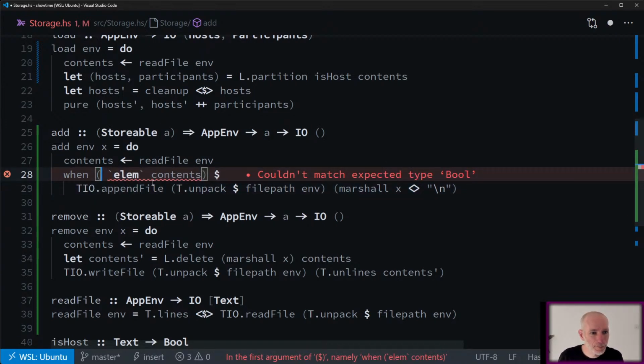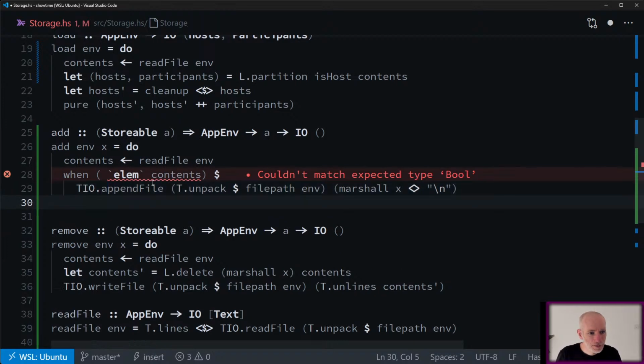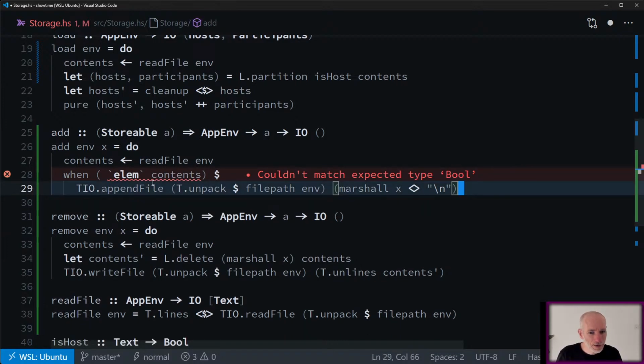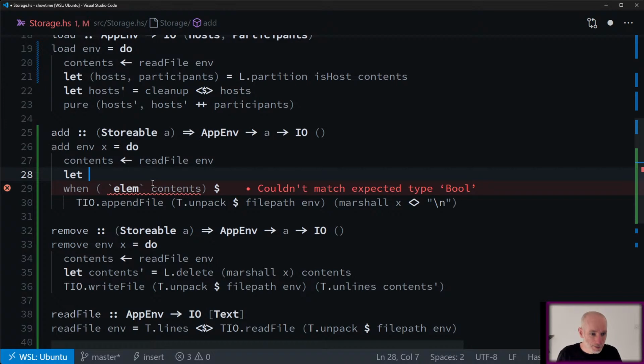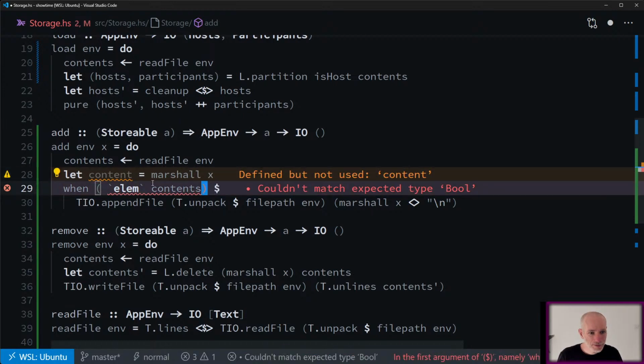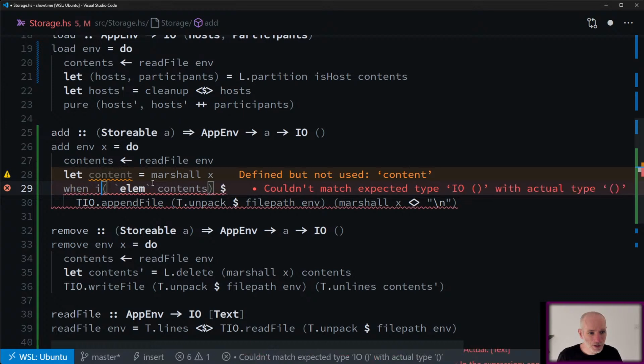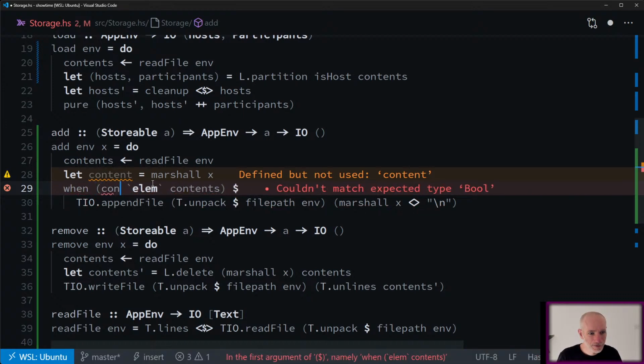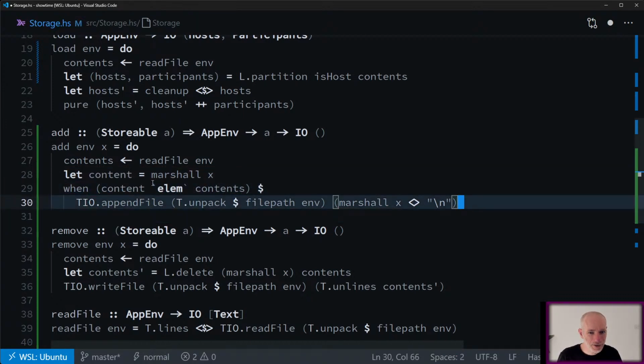So we want to add the marshalling of X. So this is like let content is marshal X of contents.